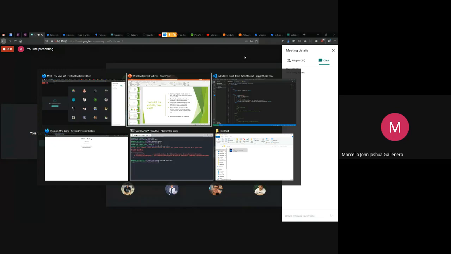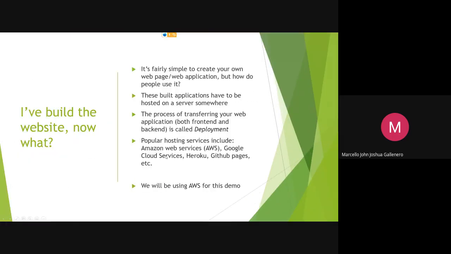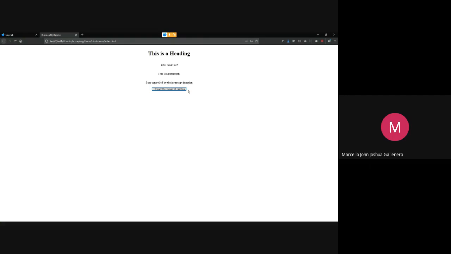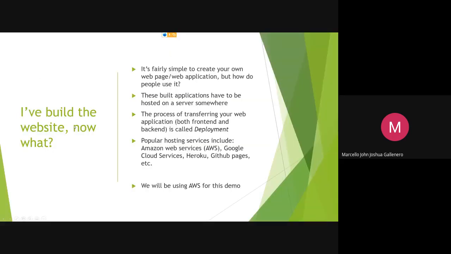Okay. So, ang next niyan, so nagawa na tayo ng website. Meron na tayong website, di ba? Functioning, nag-run na siya. Ito, pero sa ating local pa lang to. So, tayo pa lang maka-access nito. Ang question na yun, ano gawin natin na yun? Now what? So, nakagawa ka ng website. Joy na, nice. I want people to use it. Pero paano? So, ang website natin, of course, has to be on the internet for everyone to access it, di ba? So, ang process na transferring your, or uploading your code from your computer to the internet, tawag sa kanya,